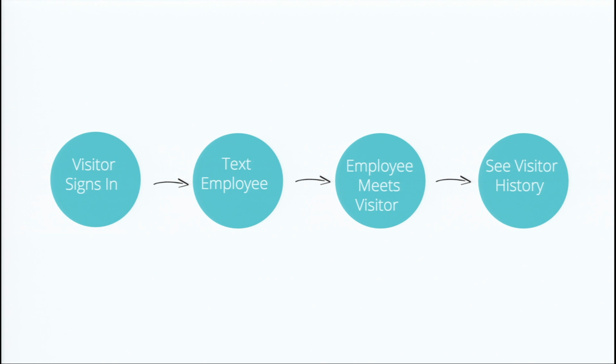And then there's another way that this is inefficient. So, text employee: you need to get the visitor meeting with the employee that works there. How do you do that? Well, probably you just have a person working at the front desk, and they have to get interrupted from their work, and they have to go and look up in the phone directory and make a call and say, hey, your appointment's here, you've got to come down and meet them. And so their day is getting interrupted every time a visitor comes in.